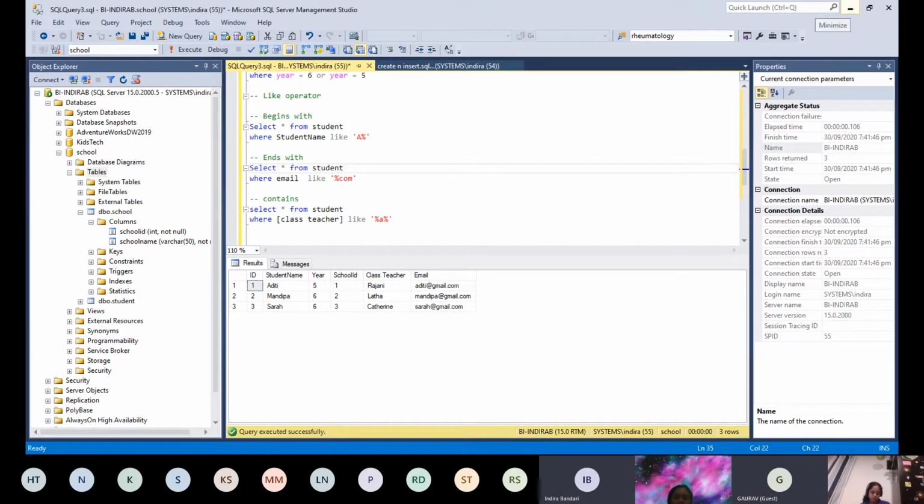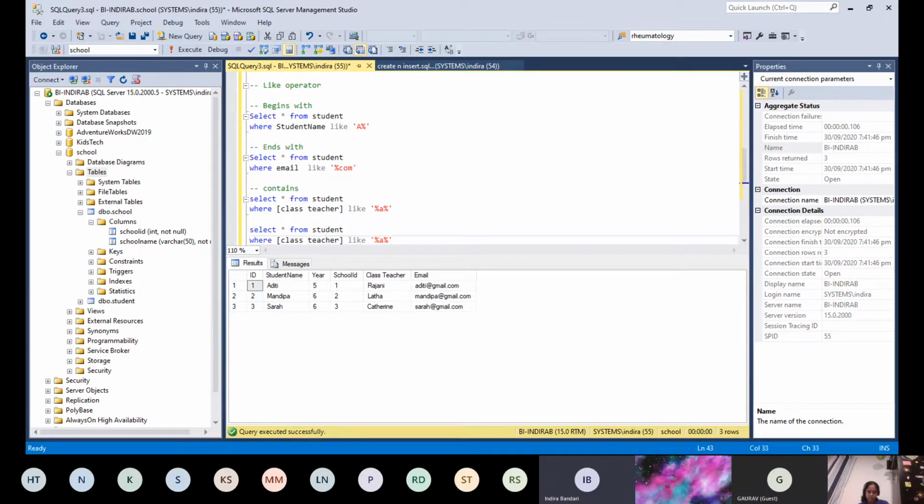One more question. Why do we put percentage? If we don't put it, what will happen? Let's try without putting any percentage. I want to see like A. So see, nothing comes, because the percentage is called a wildcard character in coding terms.